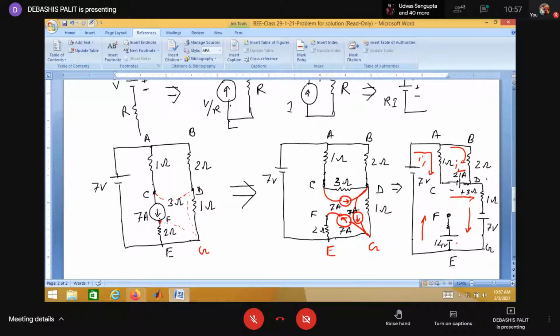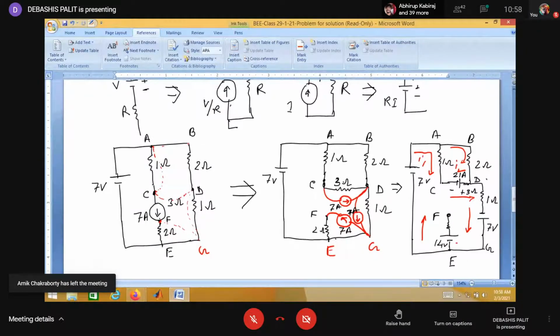So I am just considering this. If I consider this, C point to F point, then there is no path I can go. So I have to convert it in another way. That means there is another path. I have to consider this. I understood, sir. I have to choose the path.